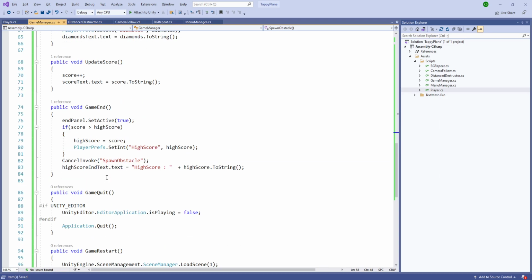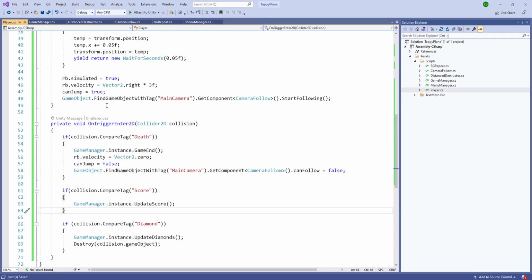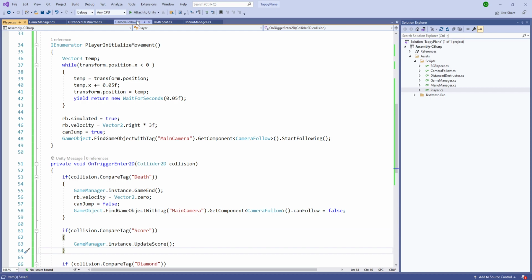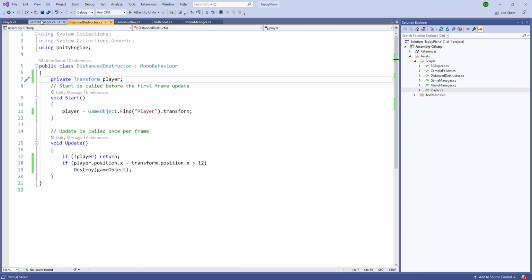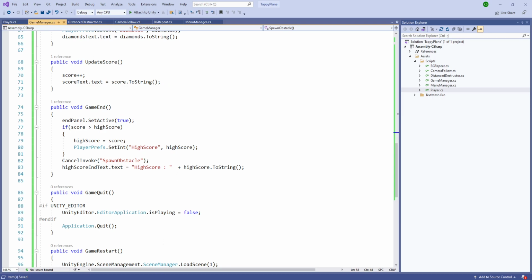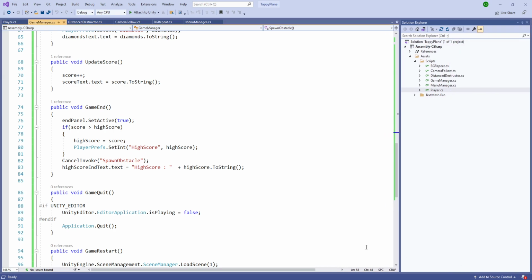So this should work for the spawn obstacles, and we had everything set up: the diamond, the score, and the death, and camera follow, background repeat, and the main camera we are also able to quit. So everything else should work, and let's go inside Unity, see if we can find any bugs. So 2019 update 16, I'll update it afterwards. So let's go inside Unity